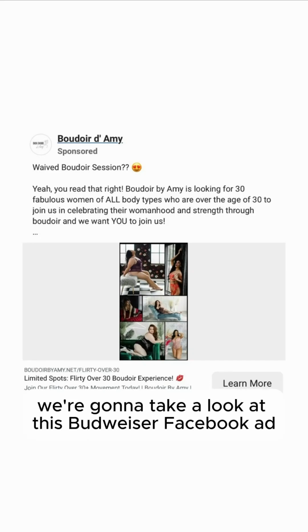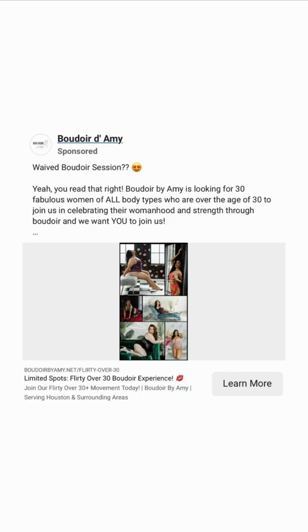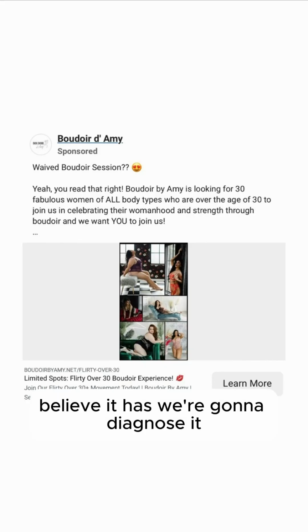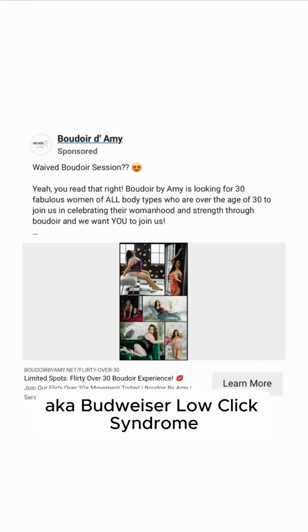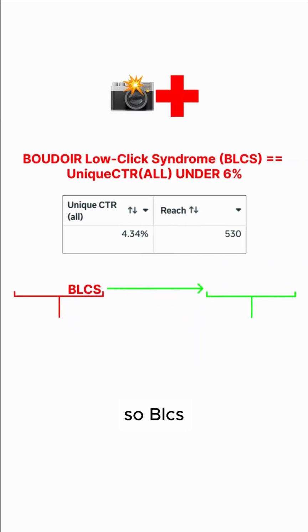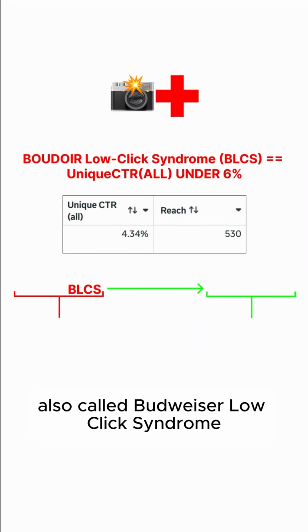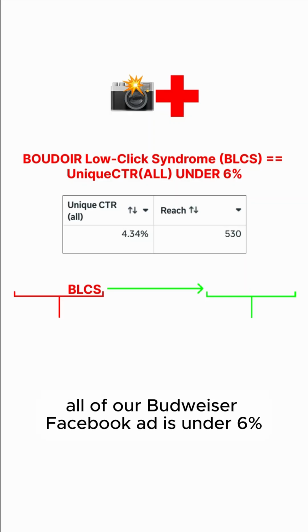All right, y'all, we're going to take a look at this Boudoir Facebook ad, and diagnose it to see if we believe it has BLCS, aka Boudoir Low Click Syndrome. BLCS, also called Boudoir Low Click Syndrome, is when the unique CTR all of our Boudoir Facebook ad is under